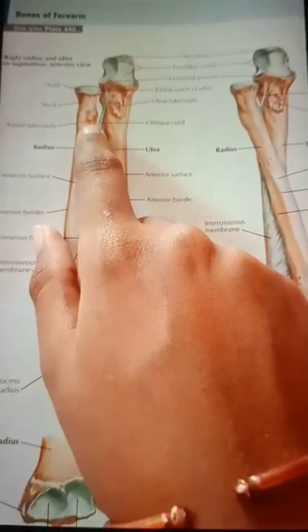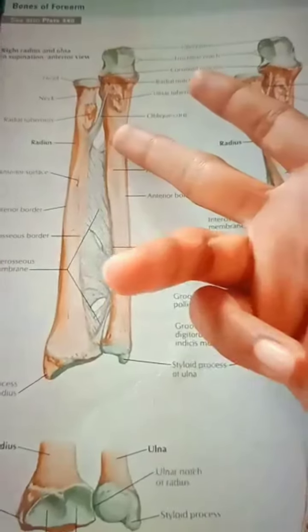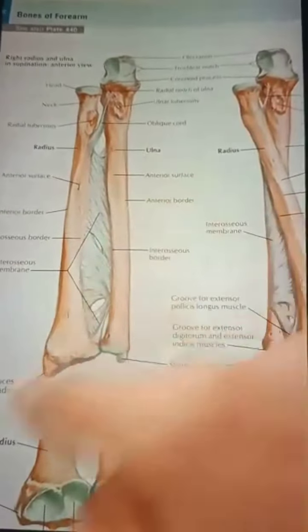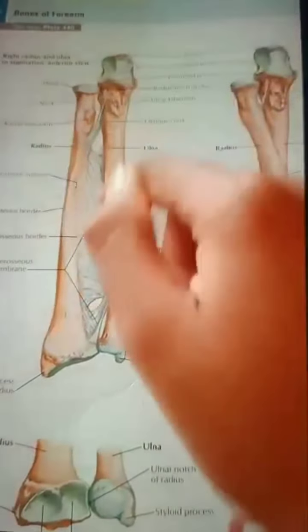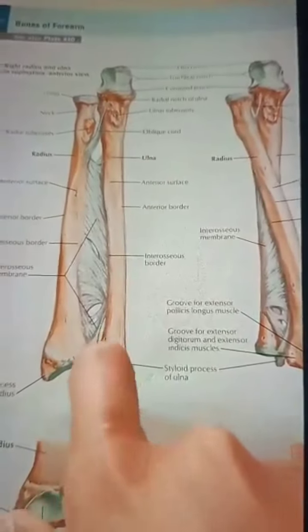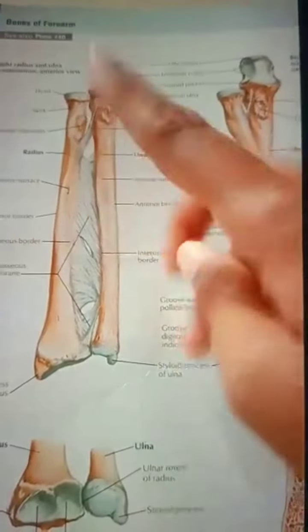And next we have the radio-ulnar joint. There is a joint between this radius and ulna. So we have both joints together in three parts, that is the superior part, middle part and also the inferior part. The superior part joint is a pivot joint, the middle part is a syndesmosis, and the lower part, the inferior one, is a pivot joint again. So superior and inferior are pivot joints, the middle one is a syndesmosis.